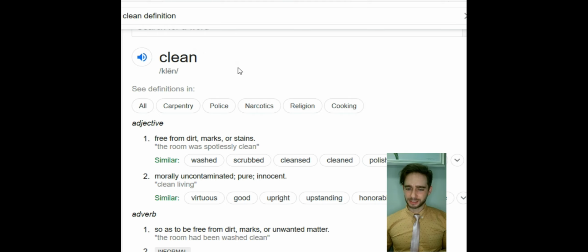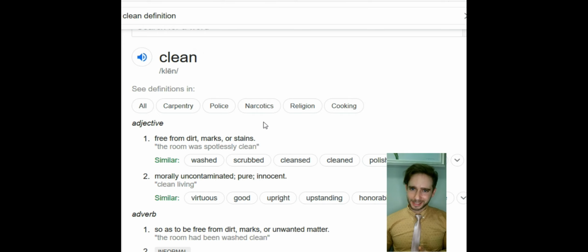That's definitely neat. That's definitely tidy. I'm pretty sure about that. Alright, we can also say that it's nice and clean. A very nice clean home for sure. So in this case, the word clean is an adjective, and its meaning is free from dirt, marks, or